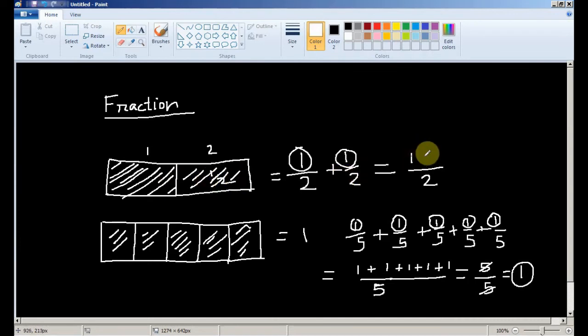So I am adding 1 plus 1 equals 2 over 2. So this is going to be 1. So that's the idea of fraction. That's how you visualize the fraction. Okay, whole is always 1, and you divide the whole into multiple equal parts, and how many of them you count is on the numerator. Okay, that's what matters, that's what makes the fractions.